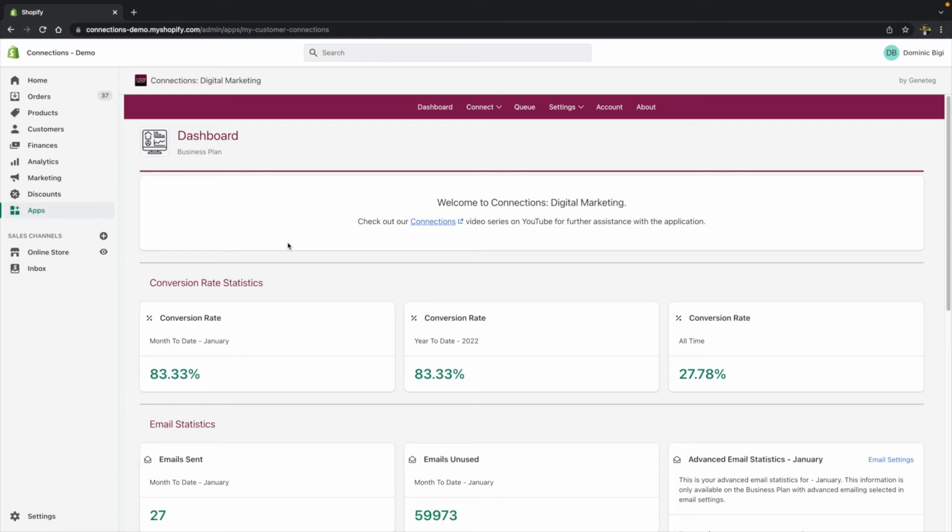The first type of report that we're going to look at is our conversion rate statistics. This gives us a good idea of how successful our campaigns are. So if you're unfamiliar with conversion rate, the higher the number, the better your campaigns are performing. So for example, ours is at 83.33%. This means that our campaigns are selling our products and people are actually buying our products 83.33% of the